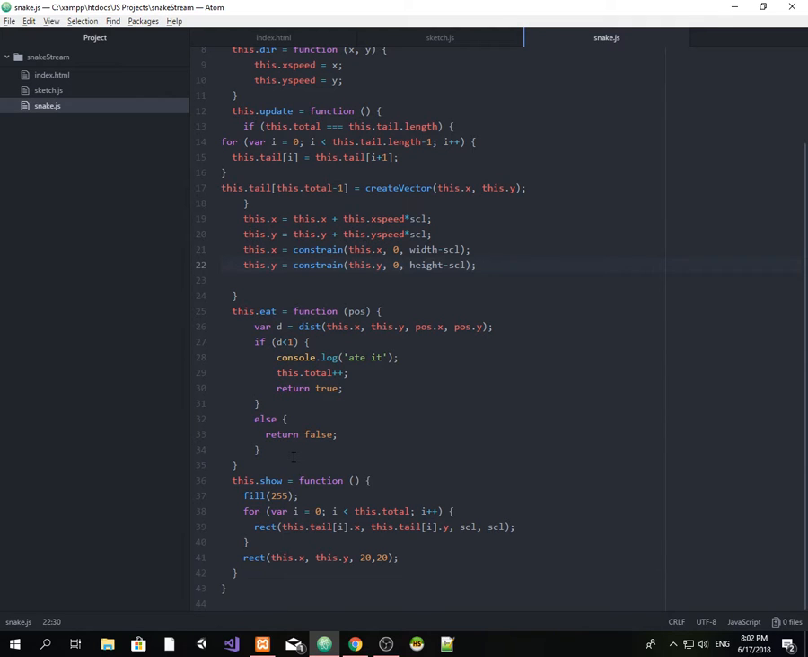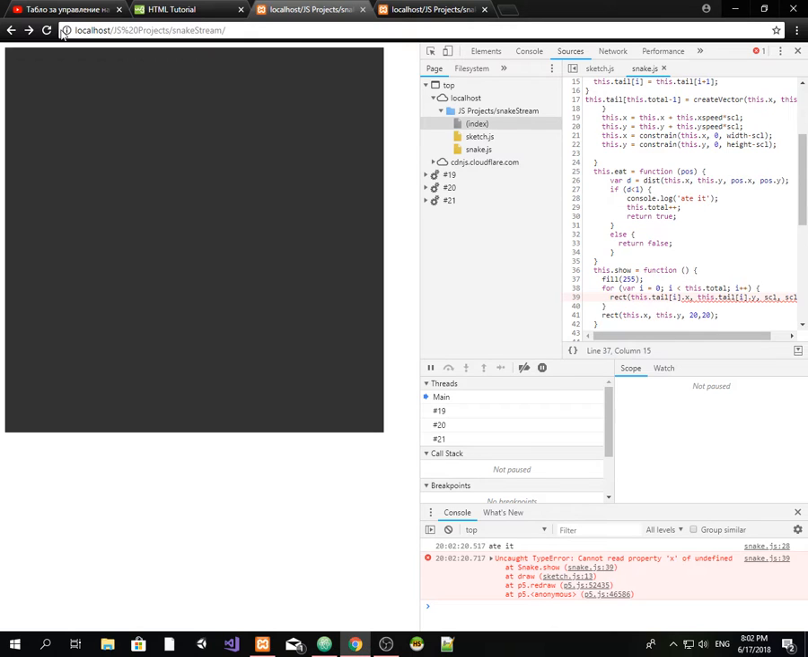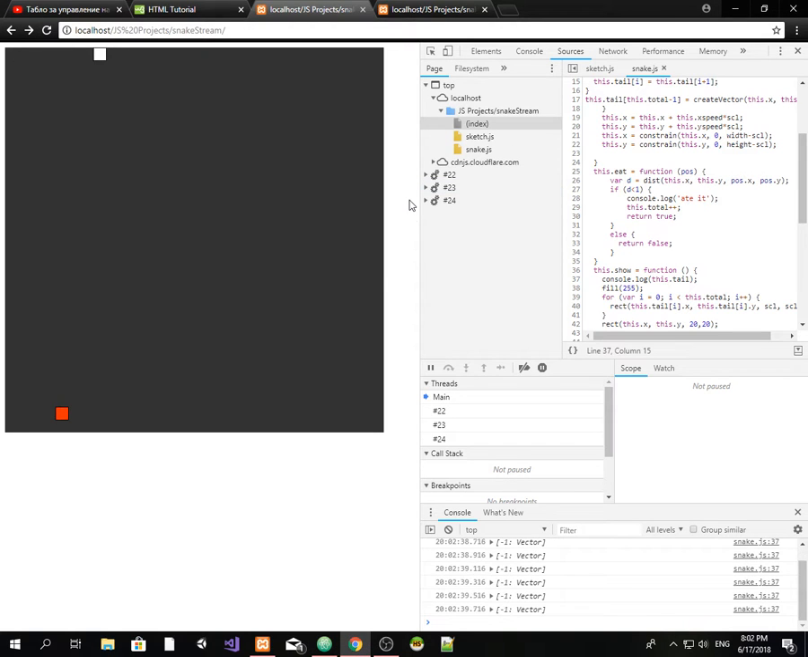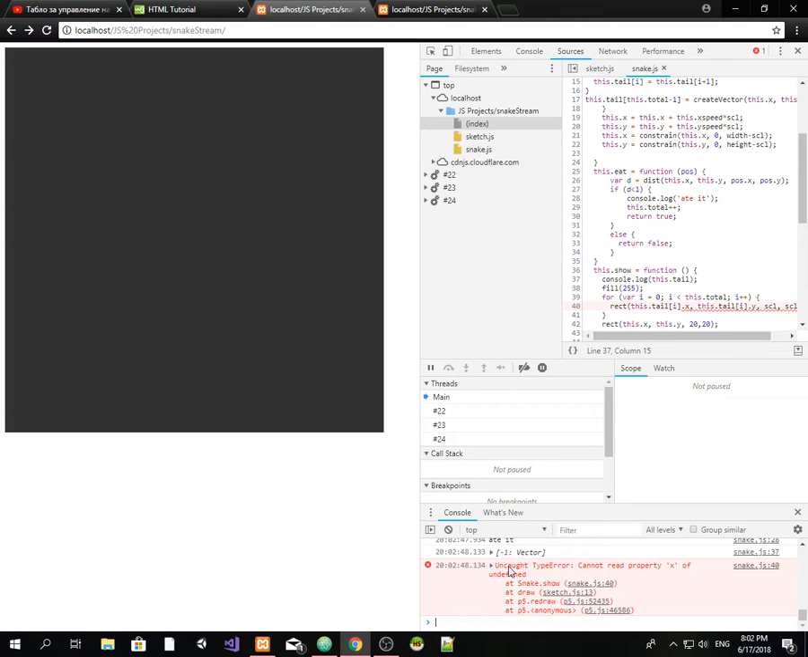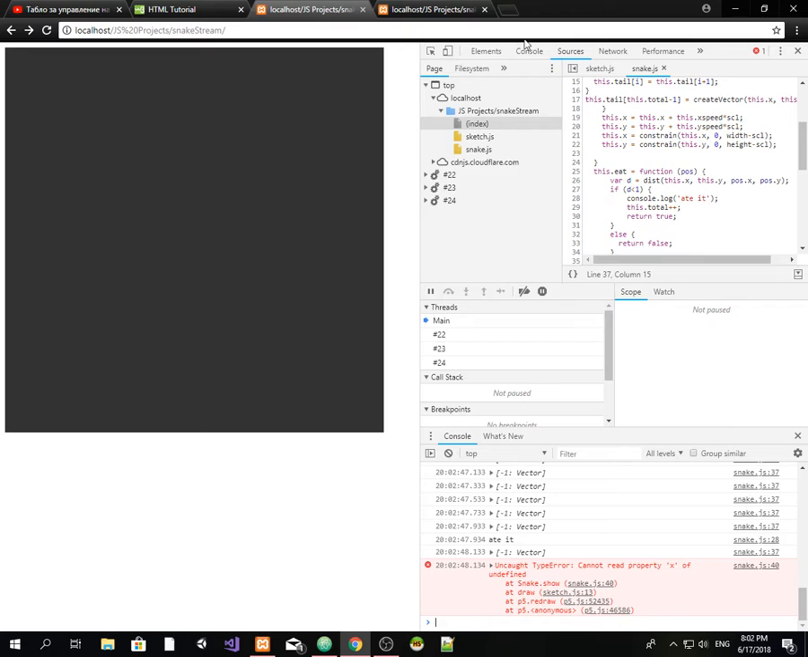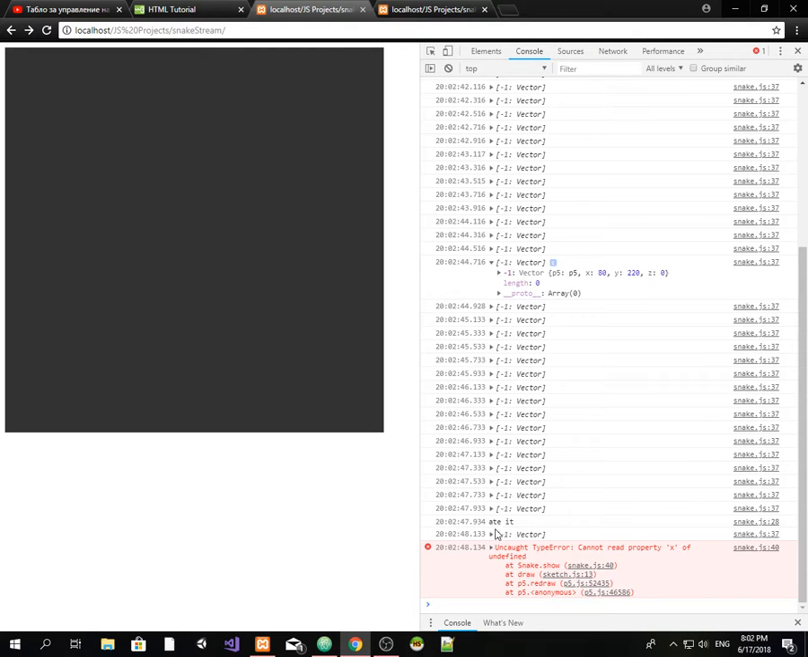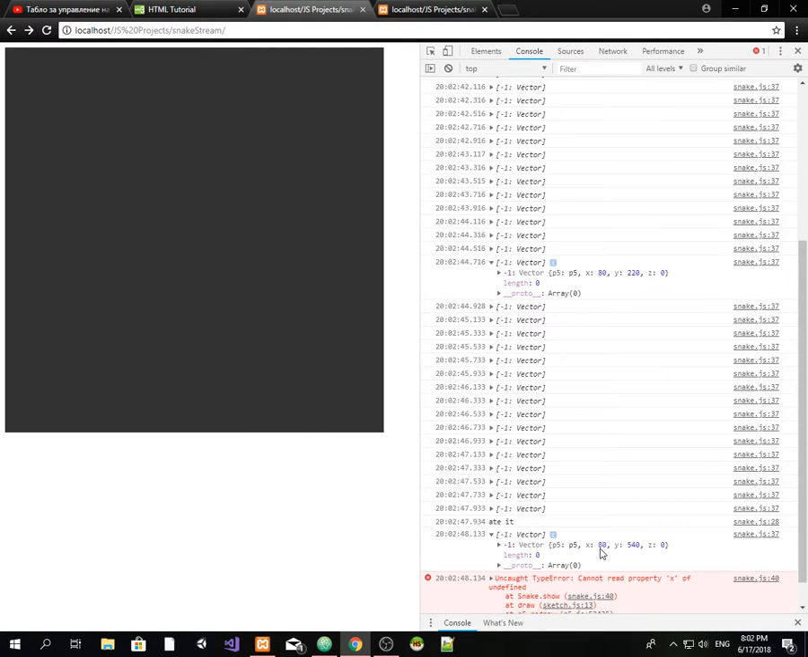If I get in the show, I can console log this dot tail as a whole array and see what I'm doing wrong. Like, there is a -1 and some kind of a vector. It holds a vector. Bam. Okay, so here's where the problem occurs. Oh, actually I can get it from here. So there is at